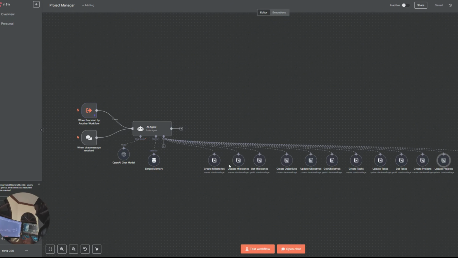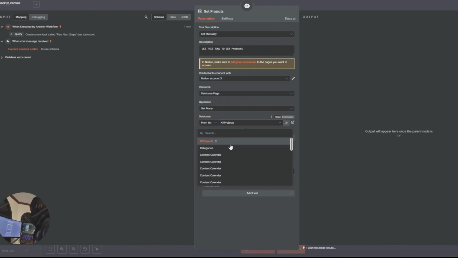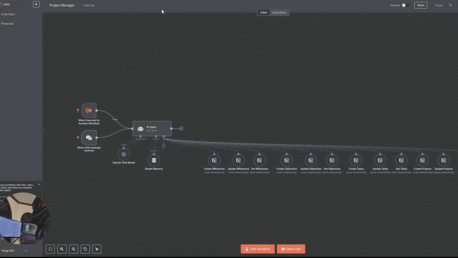It's not a tedious task in this case. All you have to do to set it up, because you already have the template, is go in here and make sure your credentials are set up. Then match the names of your database pages from the template. They should be the same because you're using the template, but if not, go ahead and verify that each one of these matches up to the actual name of your database pages from the template. Other than that, you're done. You set this up, you have your credentials, now you're able to use